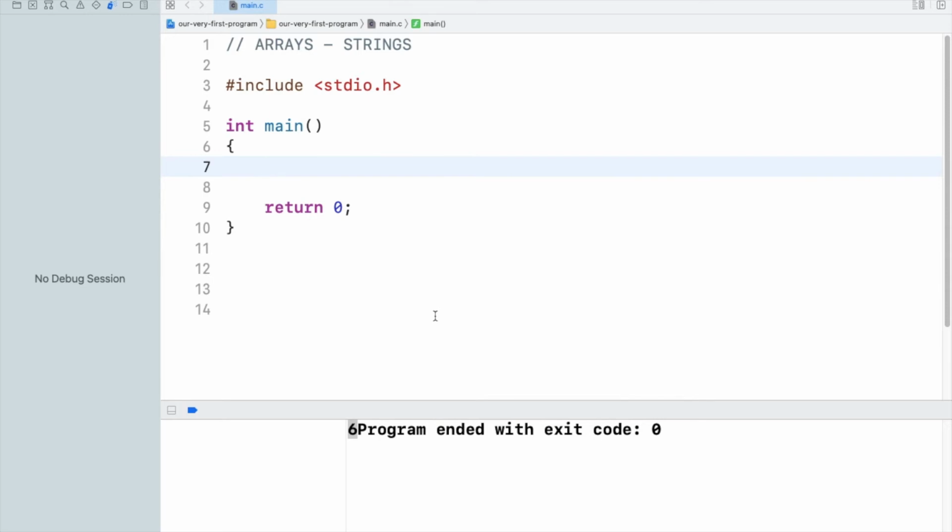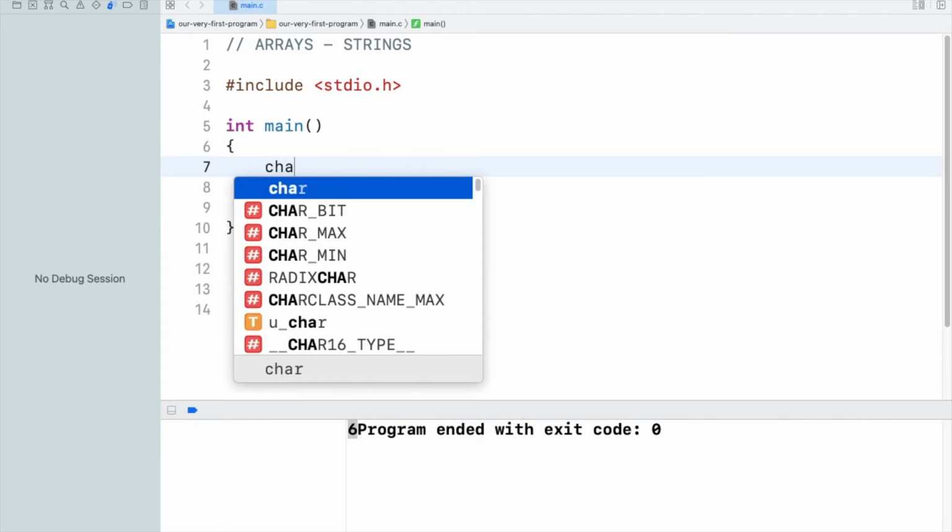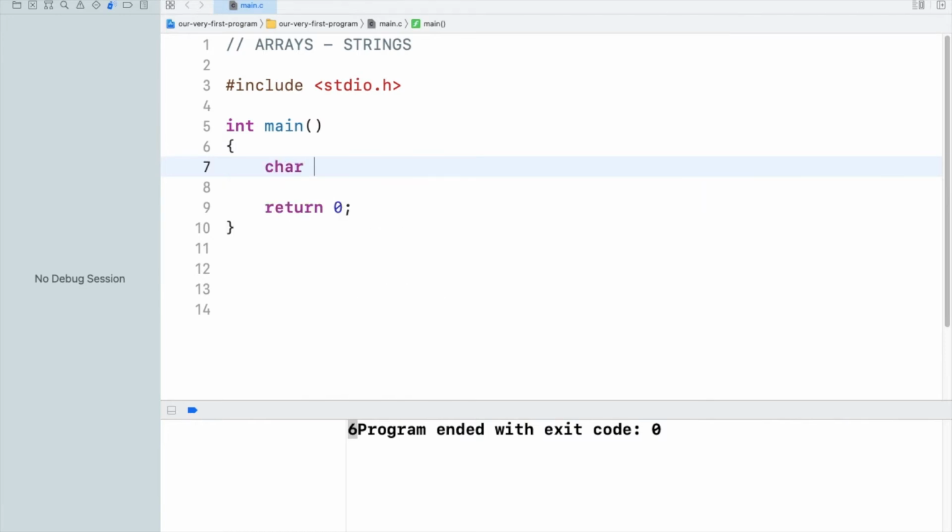So first things first, how can we initialize or declare a string? It is simple. We just need to write char, the name of the array or the string, and then the brackets. You can specify the size as 5, or you can even do the thing that I just did without specifying the size. You can use one more method to initialize, and that is double quotes.